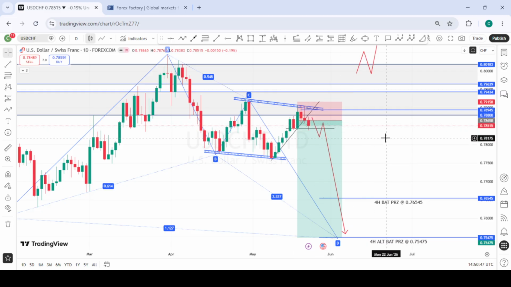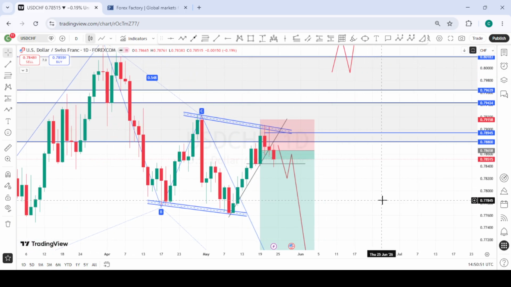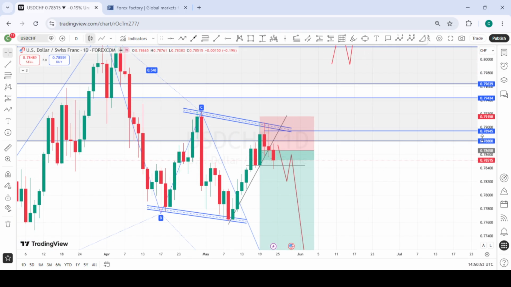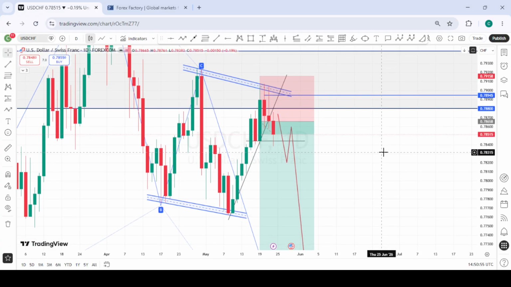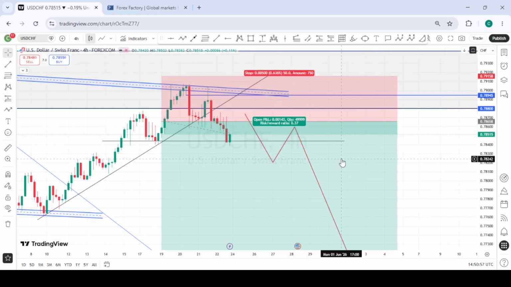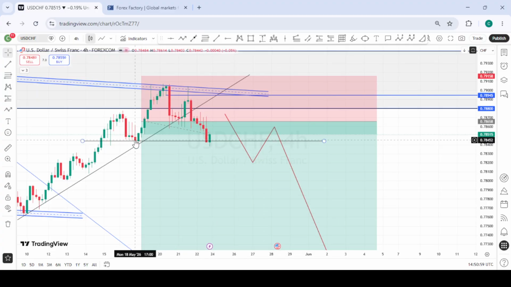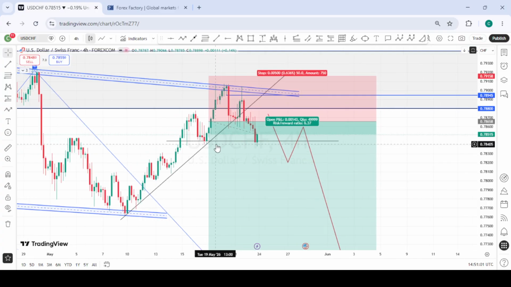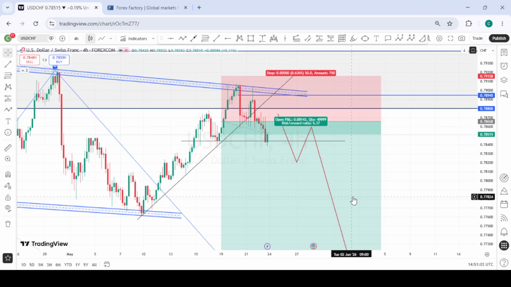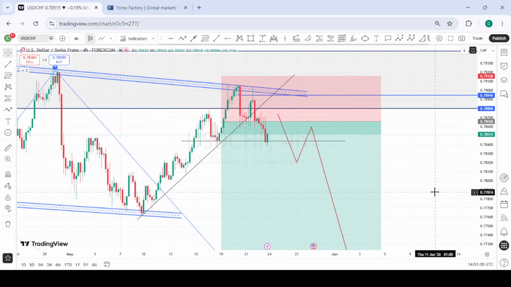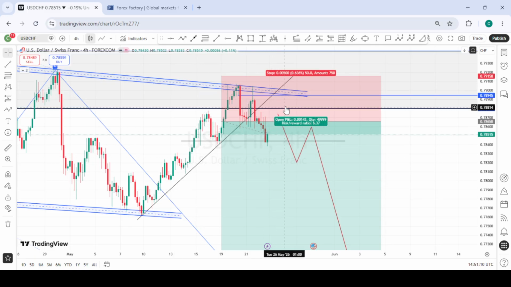So what we are looking out for, we're anticipating that price is going to give us a daily candle shift before the week closes, but we didn't get the daily candle shift. We rather got a 4-hour structural shift. So we had a 4-hour candle close below the structure point. So what we are looking out for next week is a possible pullback, or a possible lower high formation, or a possible right shoulder. So this is going to be the left shoulder, the head, and then we are waiting for a right shoulder formation, then we take the sell to the downside.